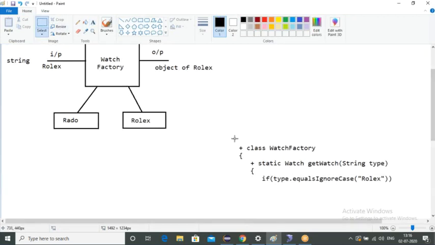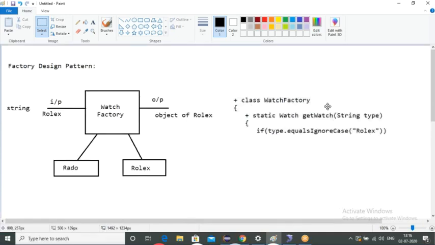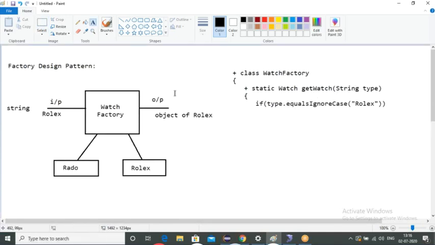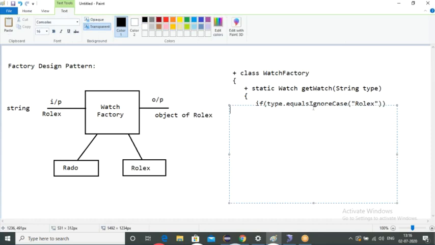There's some issue happening with my paint. I don't know. I'll do it from here, no problem.